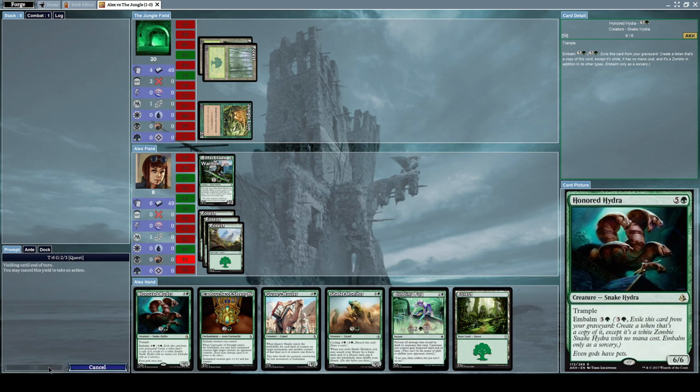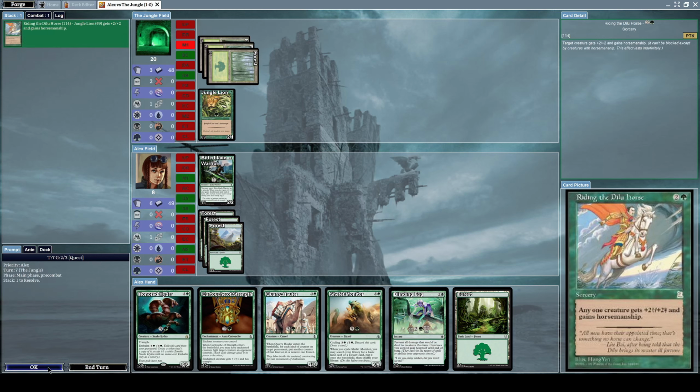Okay, let's end our turn. He casts Riding the Deal Horse, which is a sorcery which has the effect of any one creature gets +2/+2 and gains horsemanship. So he will use this on his Jungle Lion to make it grow to 4/3. And because it has horsemanship, I cannot